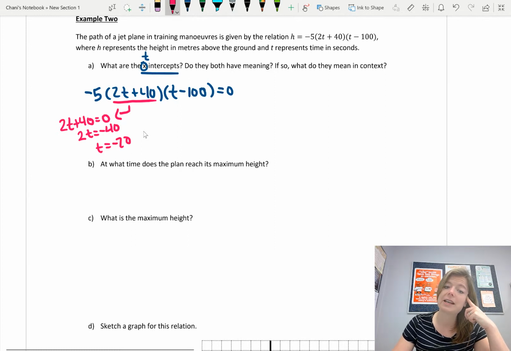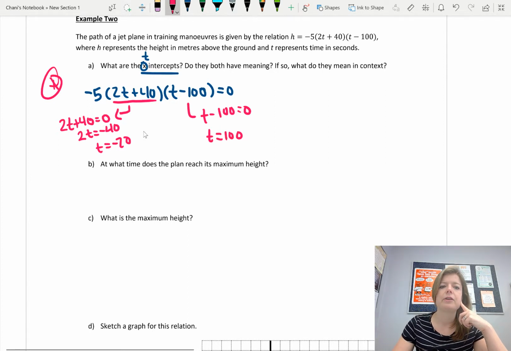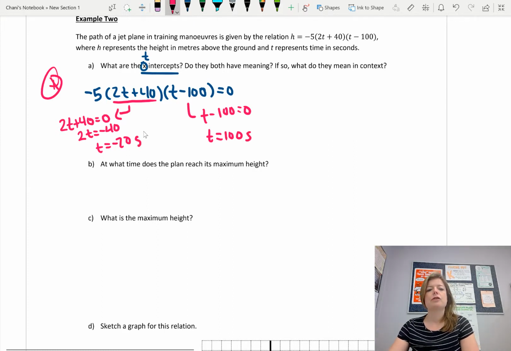It's not actually negative 40. So put a big star there. That is a mistake I see all the time. And in this case, again, t minus 100 equals 0, so t equals 100. So this is time. So these both would be seconds. So does negative 20 seconds make sense? No, it doesn't. So we say that this is inadmissible